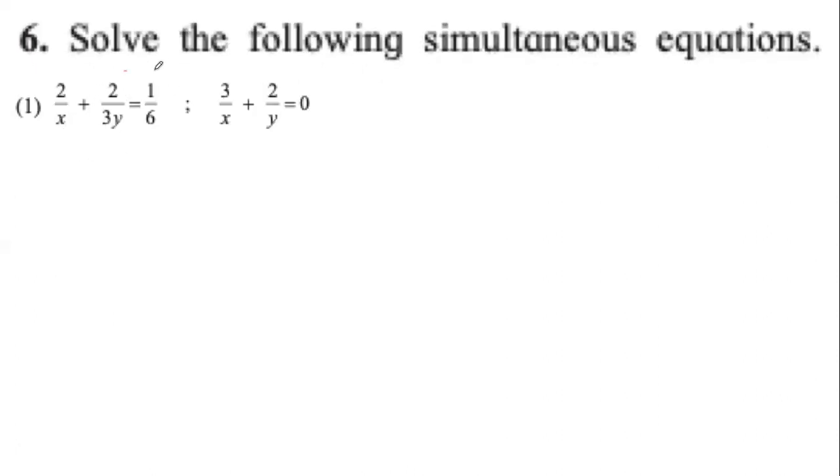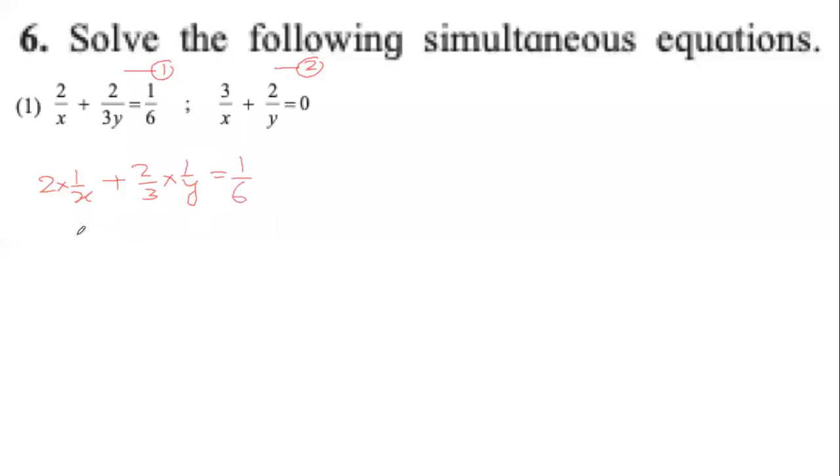If we say the equation on the left hand side is 1 and the equation on the right hand side is 2, very clearly dealing with 2 is easy. I will leave it with you. Let's look at 1. So 2 by x can be written as 2 into 1 by x. Similarly, 2 by 3y can be written as 2 by 3 into 1 by y. Remember, this is what we always try to do when we have nonlinear equations. We see the pattern, and this is the pattern, which is equal to 1 by 6.